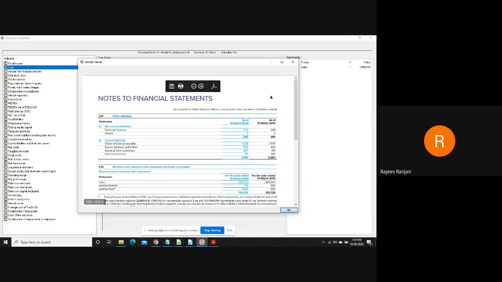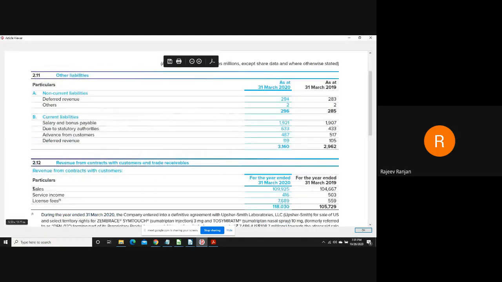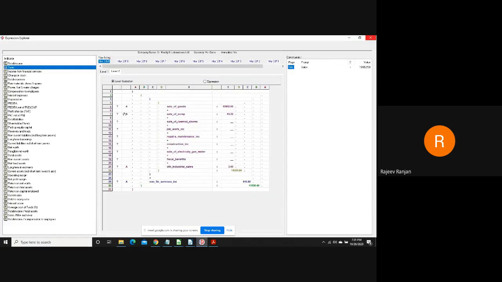If you see, let me enlarge this. This value has been picked up from this page of the annual report. Similarly, for each of these fields, sales of scrap is on page number 149 of the annual report. The other industrial sales, which is the other operating income, is available on page number 149, and the income from non-financial services, which is license fee and service income, gives you the addition of these two as 810.50 crores.